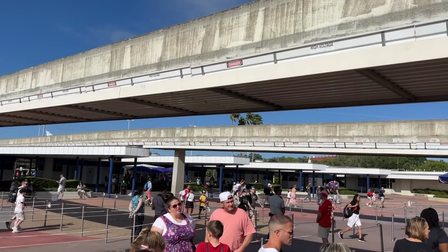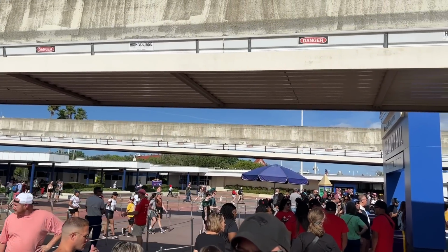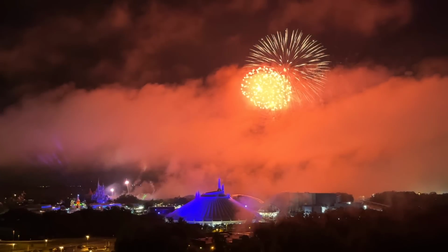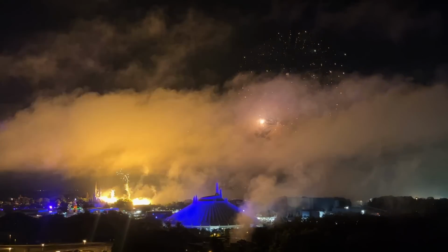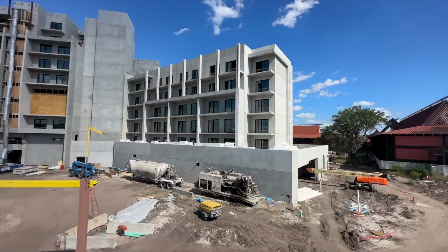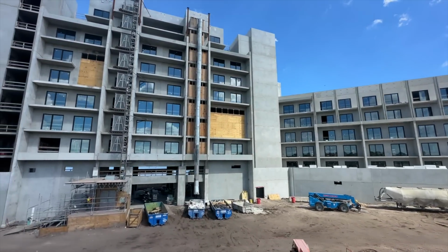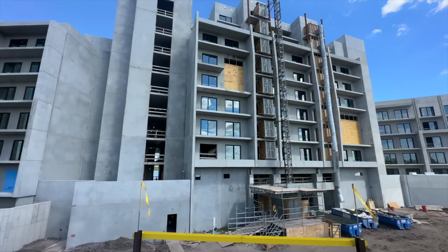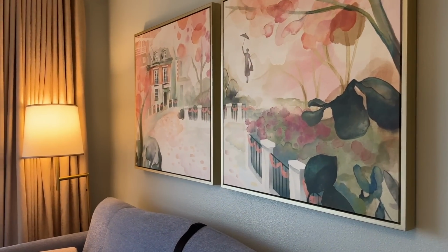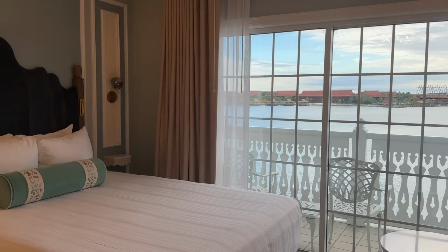Now, resorts where you can find these theme park views include all the resorts along the monorail, plus Disney's Wilderness Lodge. But hot take alert, the best hotel views aren't always the theme park ones. If you set your expectations too high, you might find yourself mighty disappointed if your theme park view ends up overlooking, say, a construction zone, which Polynesian Village is swarmed with at the moment, or you might have a slightly obstructed theme park view, which could happen at Wilderness Lodge or Grand Floridian if your room is placed smack dab